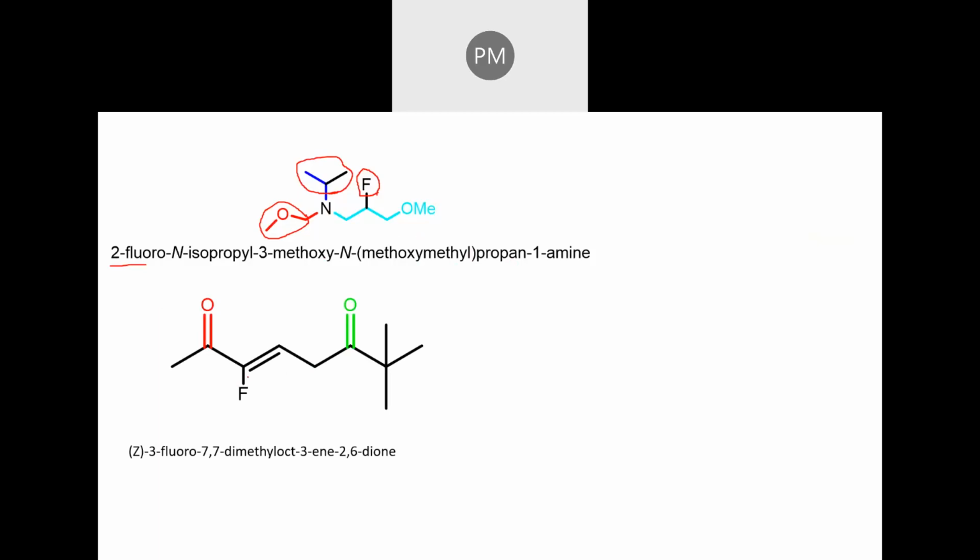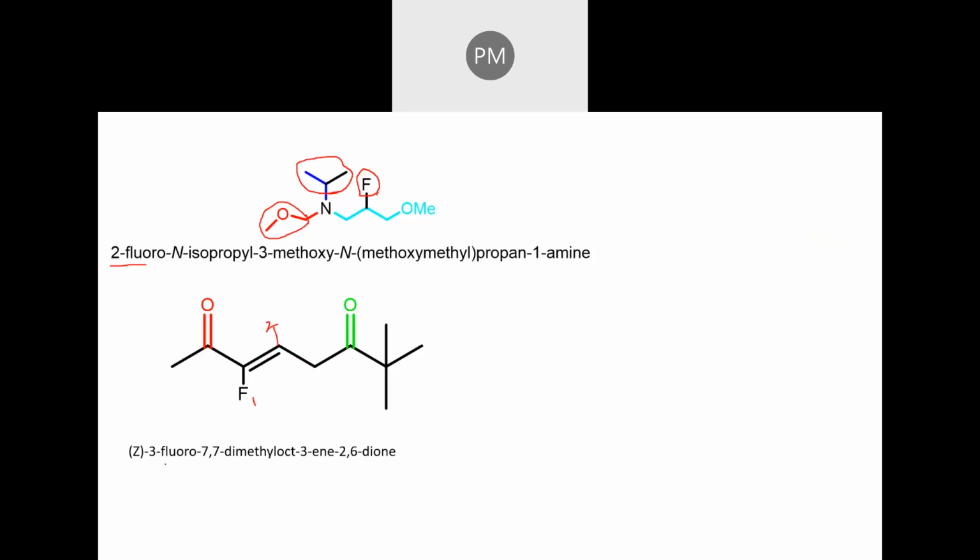Between this fluorine and this one, fluorine is the highest priority. And here this one is the highest priority. This is the lowest priority. So the highest priorities are on the same side. So this will be like the cis conformation. So this molecule